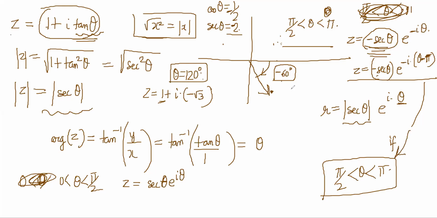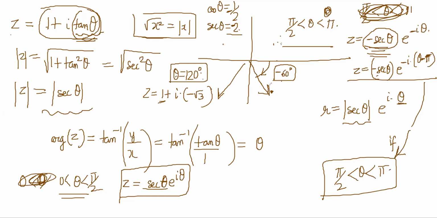Makes sense. In different places it will be different, right? If theta was between 0 to 90, there was no problem. If it was from 90 to 180, there is a slight problem, so you have to be careful. If it was above 180, then again think about what happens if theta was between 90 to 180. Then tan becomes again negative.